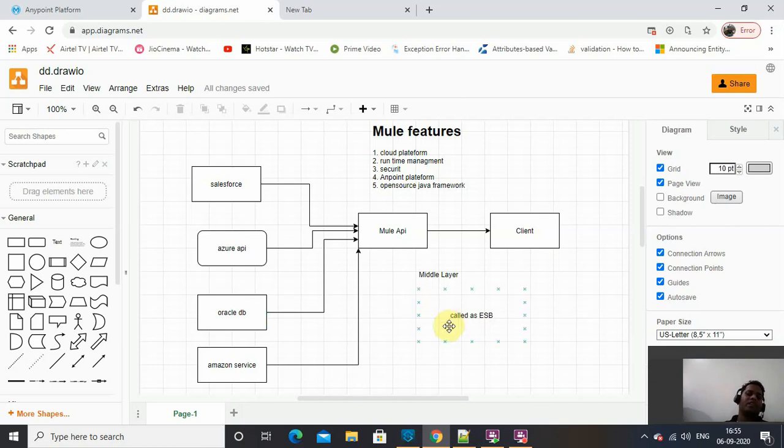If you are a developer, you can better understand MuleSoft from this diagram, right? If I recap it in a single line definition: through MuleSoft, we can connect with any type of application and any type of service, get the data from any kind of service at one place, transform that data in Mule, and provide it to the client.